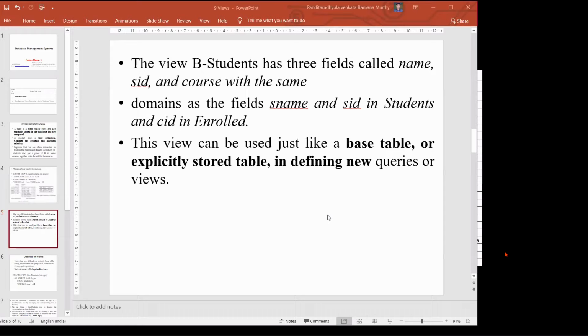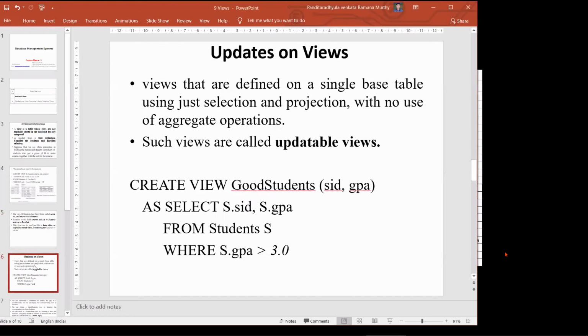In defining new queries, it can be utilized like a table. The only thing is it is not explicitly storing any data, but you can consider a view like explicitly stored data, even though it does not physically store data.